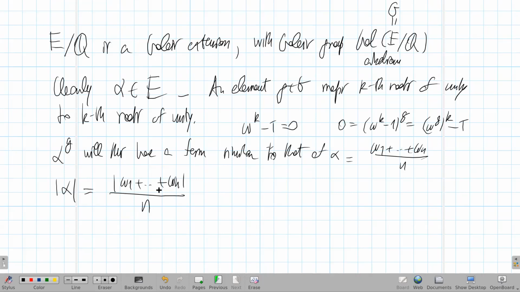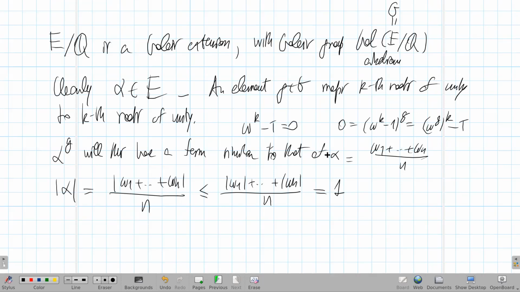And note that, as usual, the triangle inequality is the same inequality we used in the previous lemma. All of these are roots of unity, so absolute value 1. So,